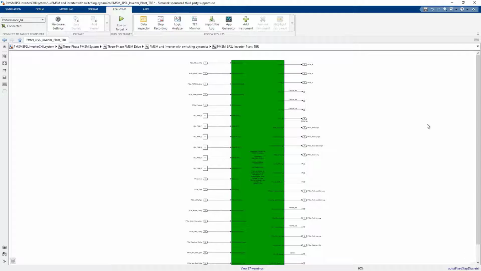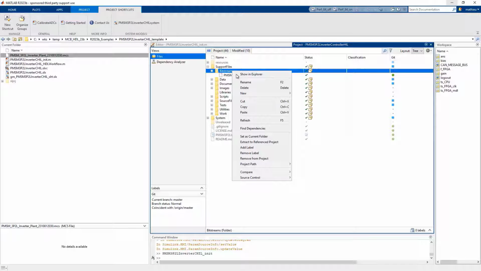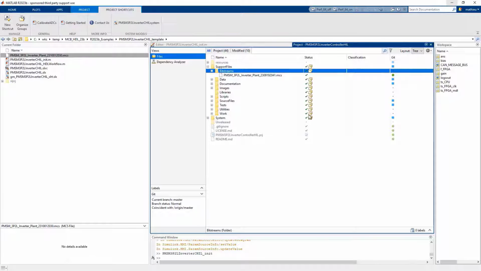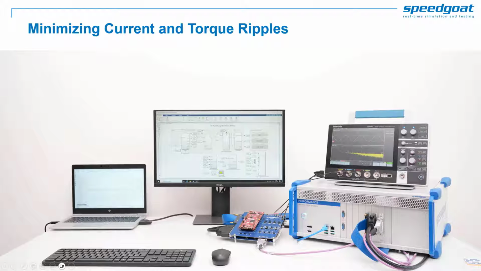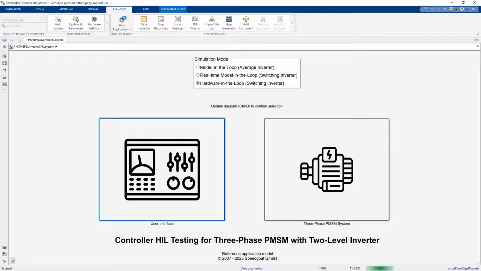Of course, we should not forget to include the new bitstream to the path. Let us now execute a real-time simulation with this high-fidelity inverter and motor model deployed on the FPGA. Of course, we have our controller in the loop.